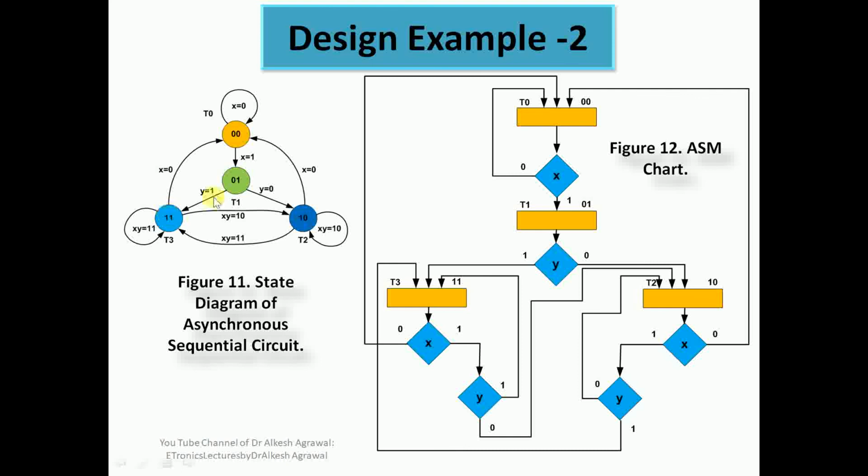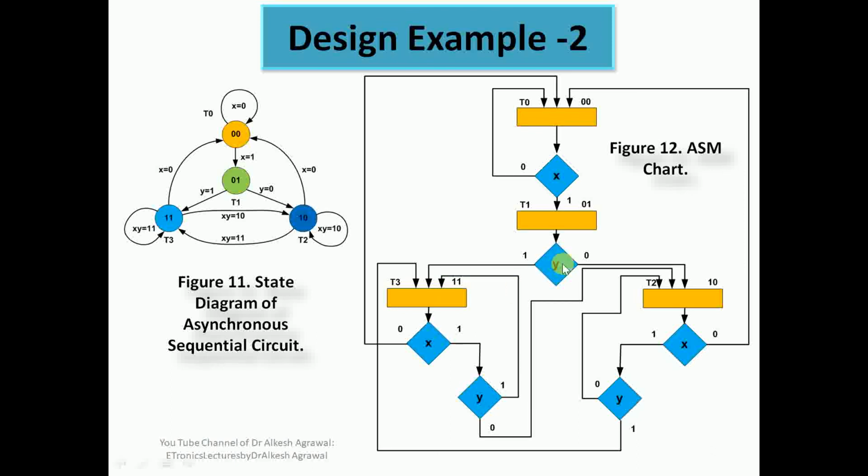Now from T1 we have two transitions, either to T2 or T3. That depends upon the binary variable y. So here we have taken another decision box y. When y is true, y is 1, the state machine transits from T1 to T3 with binary depiction 1 1.